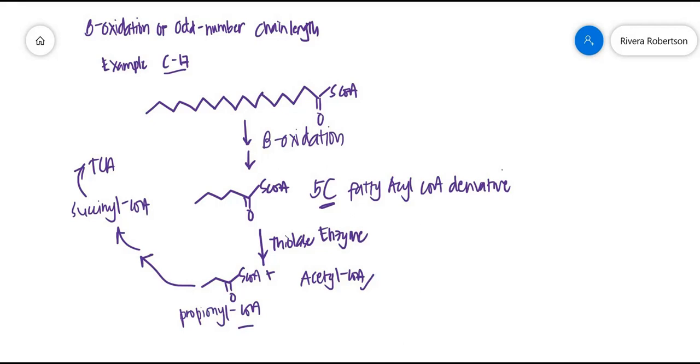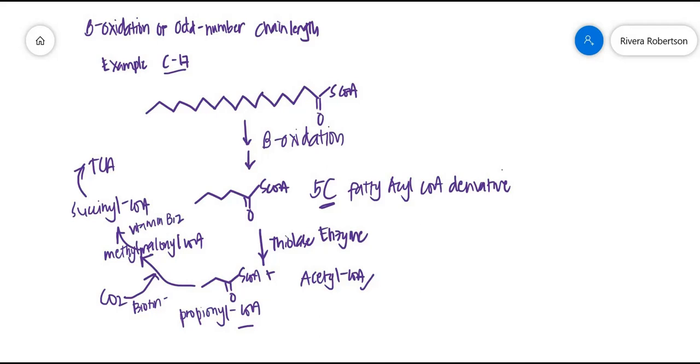Now, propionyl-CoA is the precursor of succinyl-CoA, which is eventually shuttled in the tricarboxylic acid cycle. Now, propionyl-CoA is carboxylated, so maglalagay tayo dyan ng CO2 to produce methylmalonyl-CoA. Now, this process is biotin dependent. Yun yung cofactor. And then methylmalonyl-CoA is eventually converted into succinyl-CoA in a vitamin